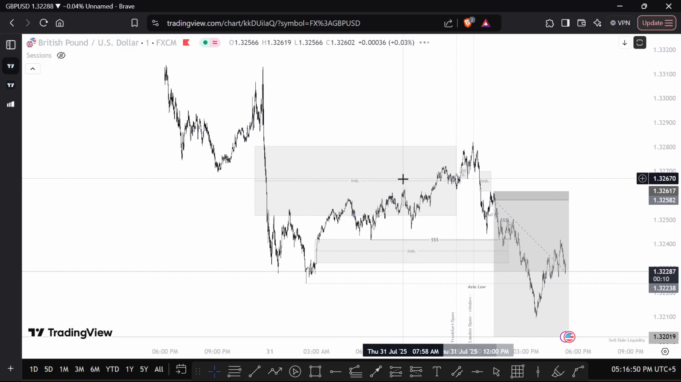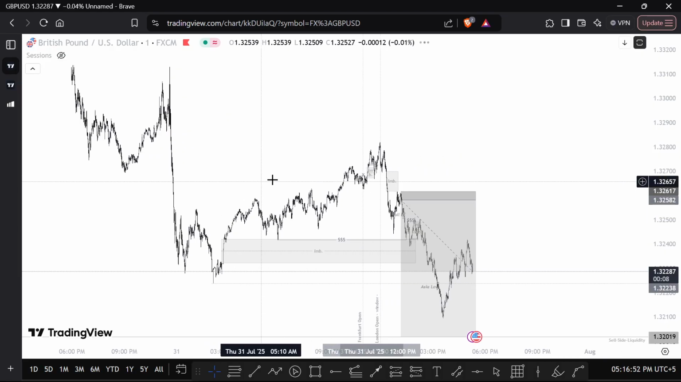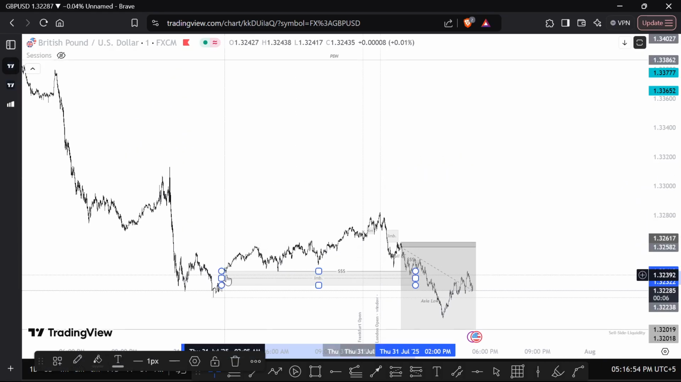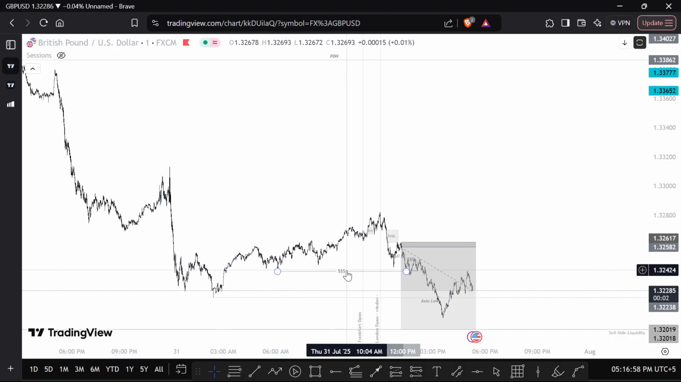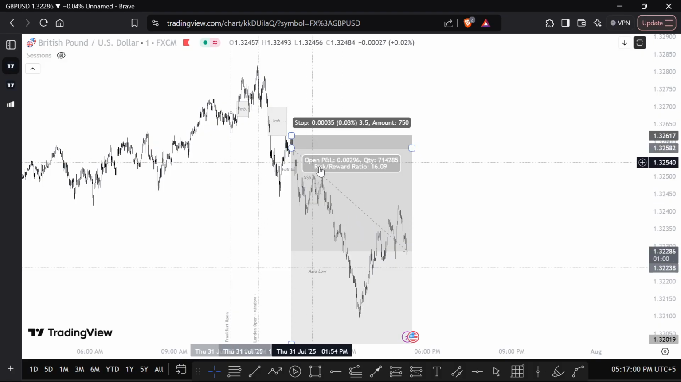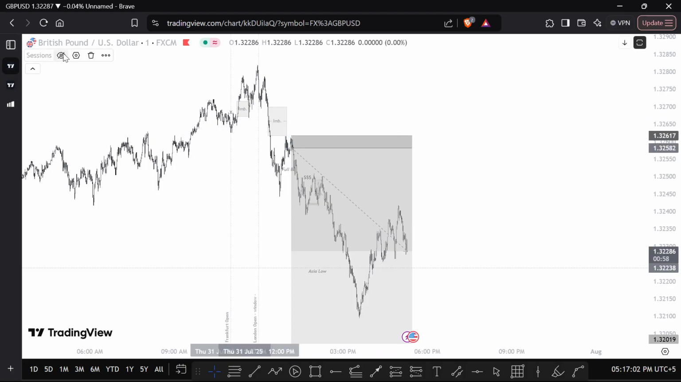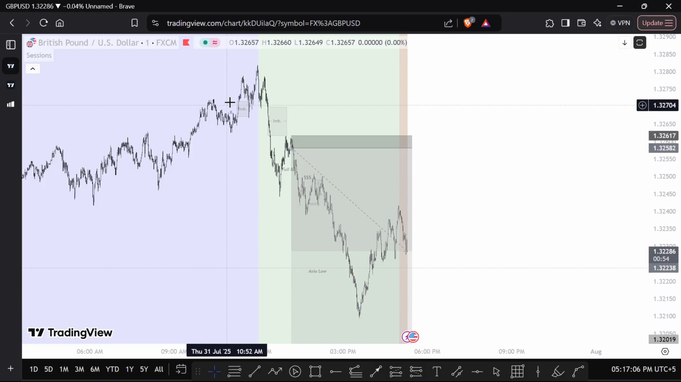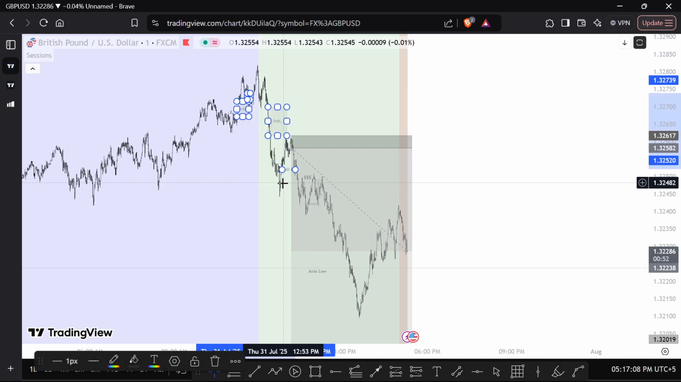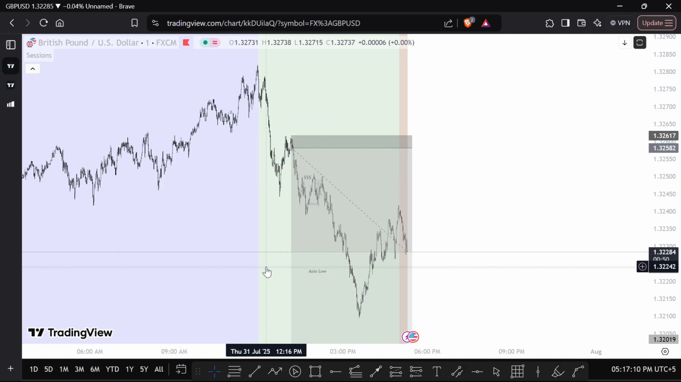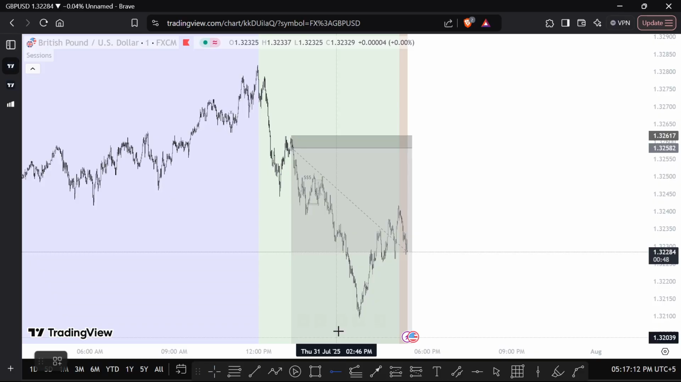So now the H1 imbalance is invalid, so we can remove it. This one is also invalid. This was the M3 imbalance. It is now also invalid. We took this trade. The trade is still running. And by the way, just remove it. Yeah, if we go ahead and start doing the analysis for London session, we can see that